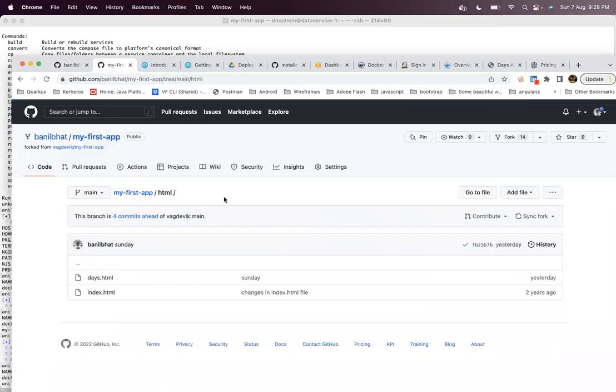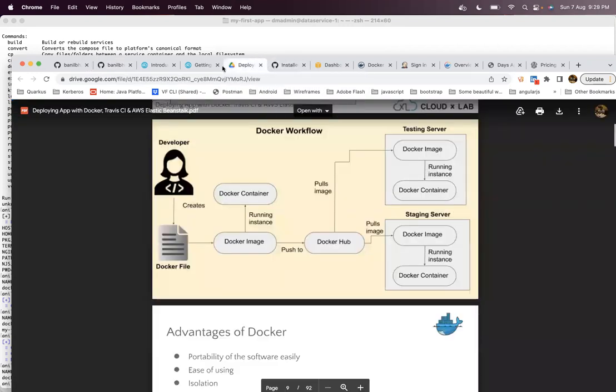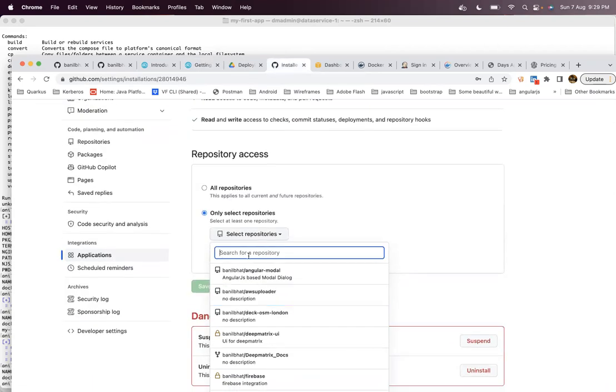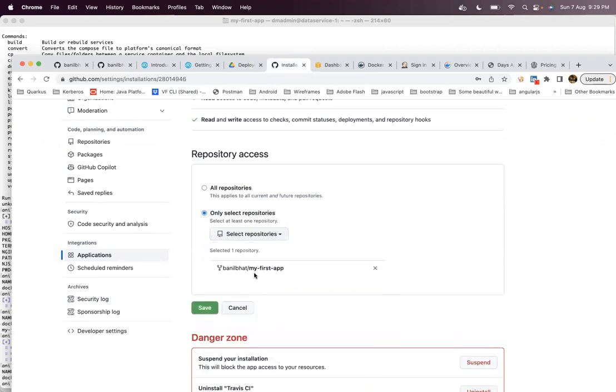We have run a simple HTML application with these HTML contents, right? We want to run our CI/CD pipeline with this particular application, my first app. For that purpose, I have to add my first app repository, so I'll integrate it into Travis.